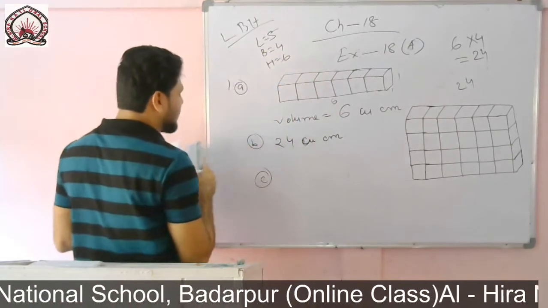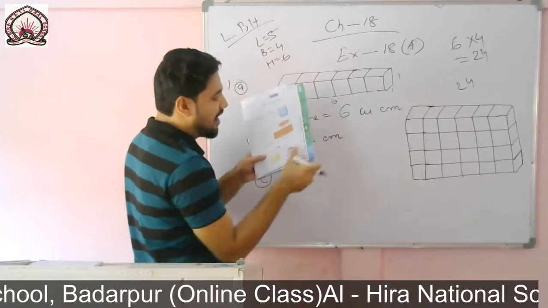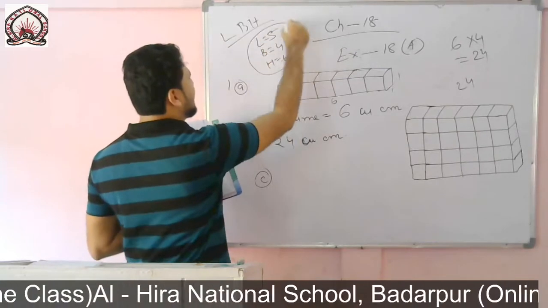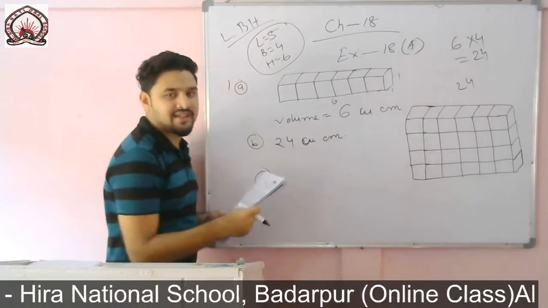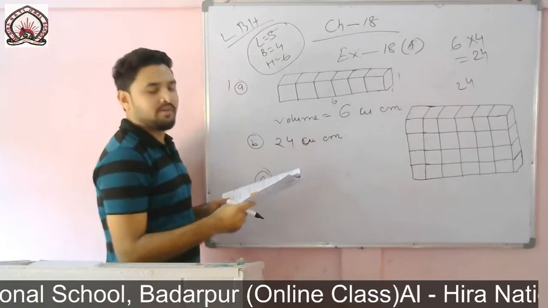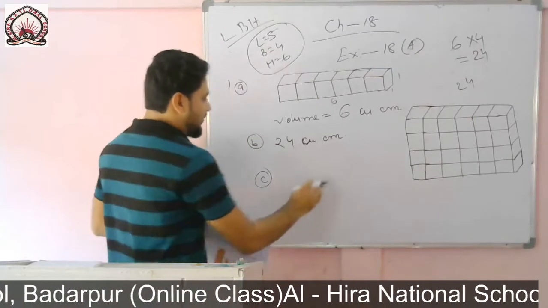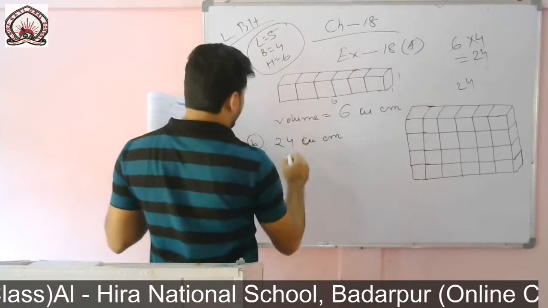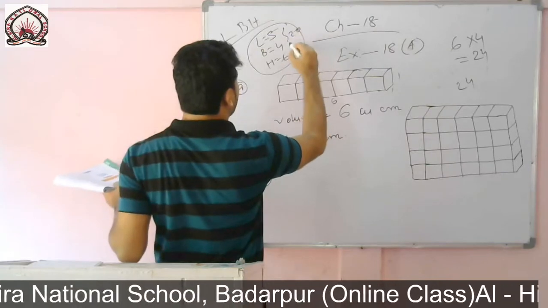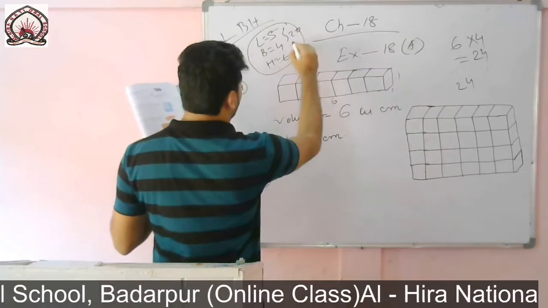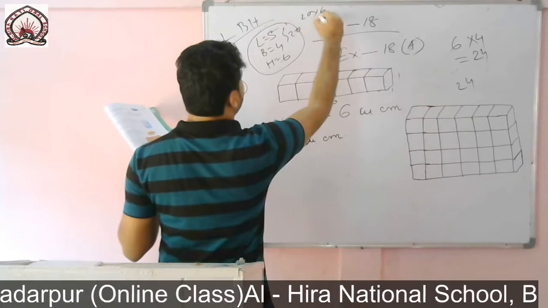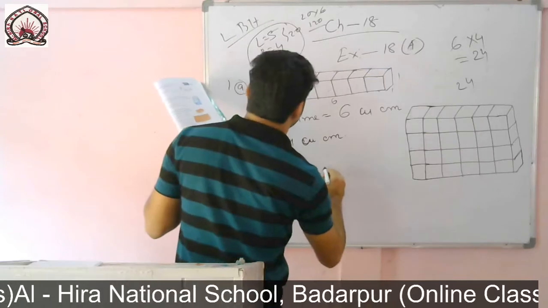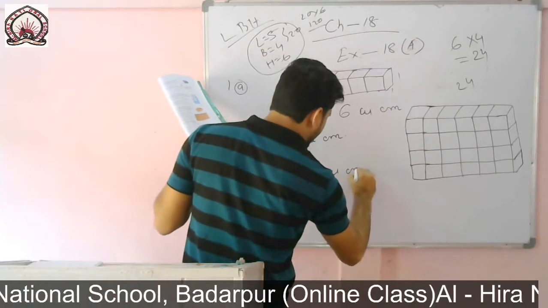So if you multiply, then you will get directly. Okay. No need of counting. If you count, then also you will get 120. And if you use length, breadth and height, then it will take less time. Okay. It will save the time in exam. Okay. So if you multiply, then you will get what? 5 4s are 20. 20 into 6 what? 20 into 6, 120. So 120 cubic centimeter.